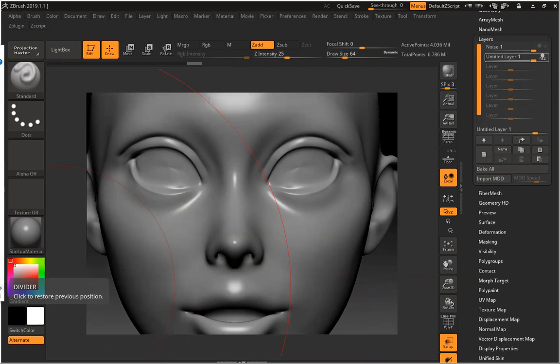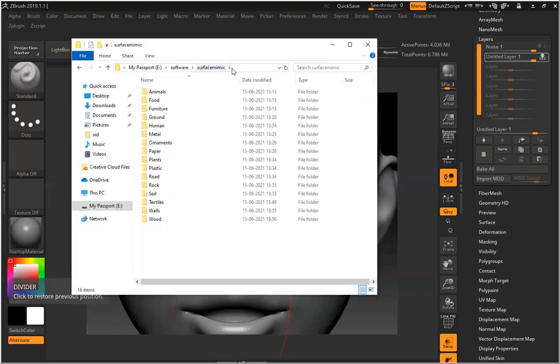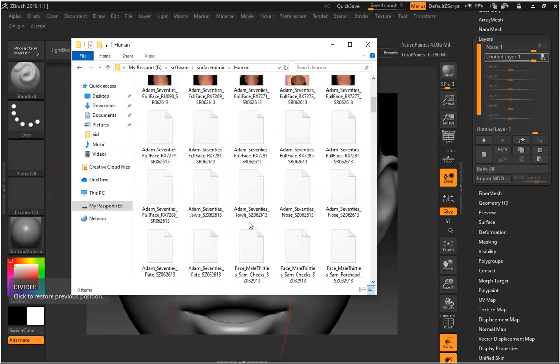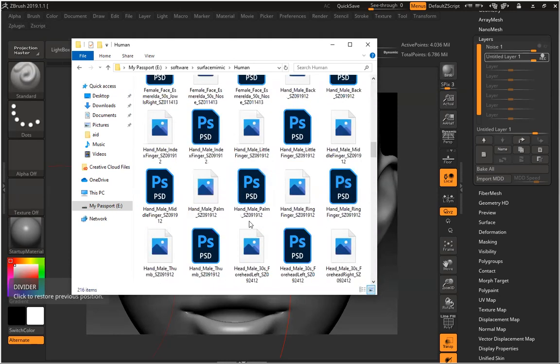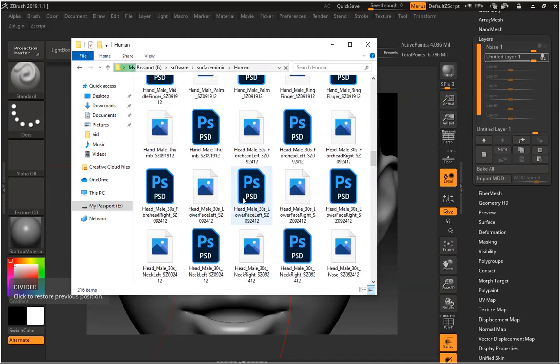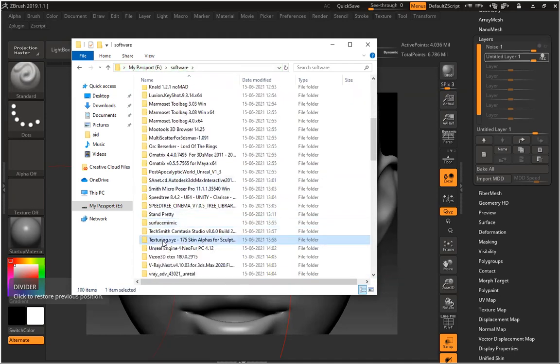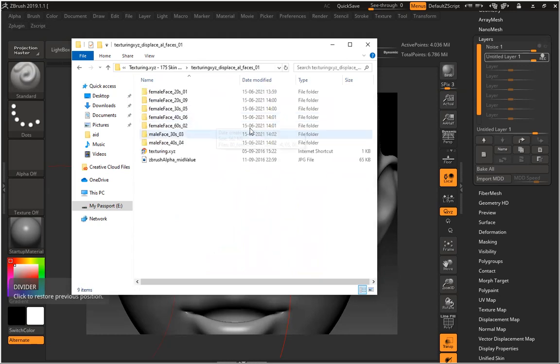Let's search for Surface Mimic. You can see they have tons of displacement maps, human, all the skin details and everything. I can use this, or if I want, I can use Texturing XYZ also. Both work beautifully without any problem.